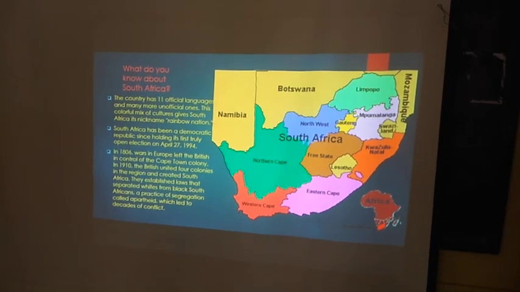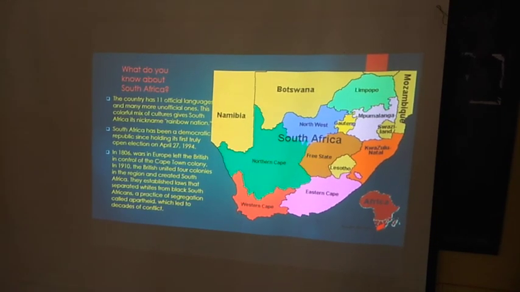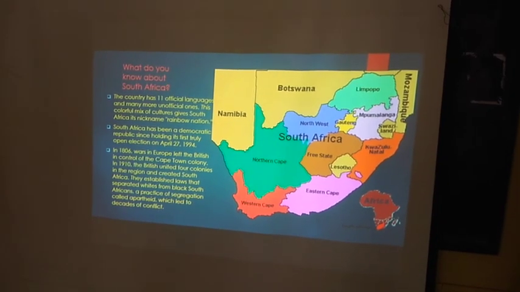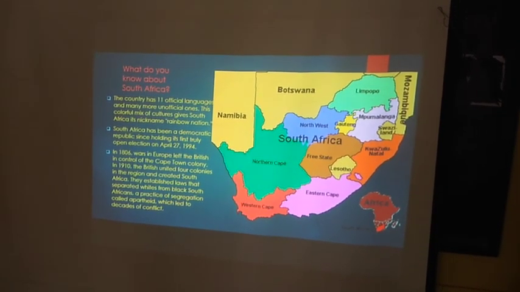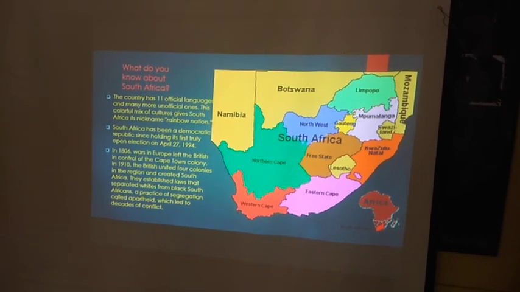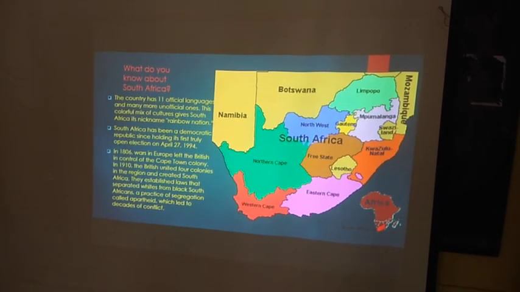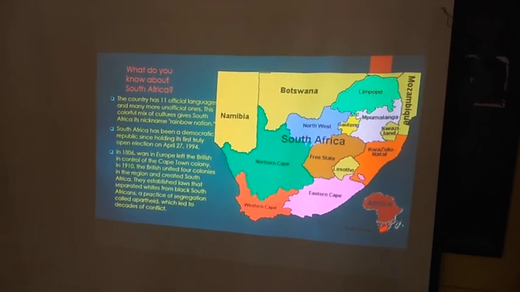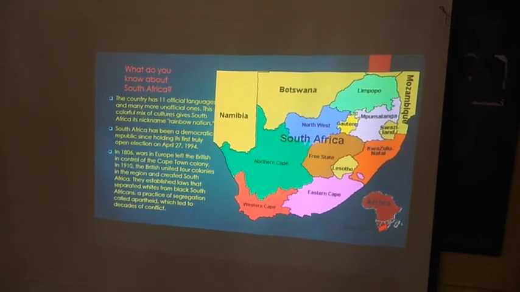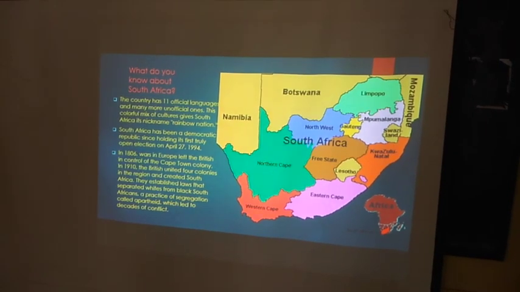South Africa has been a democratic republic since holding its first truly open election on April 27, 1994. It means South Africa got independence in 1994, very recently, 26 years back. In 1806, wars in Europe left the British in control of the Cape Town colony. In 1910, the British united 4 colonies in the region and created South Africa. They established laws that separated whites from blacks, a practice of segregation called apartheid, which led to decades of